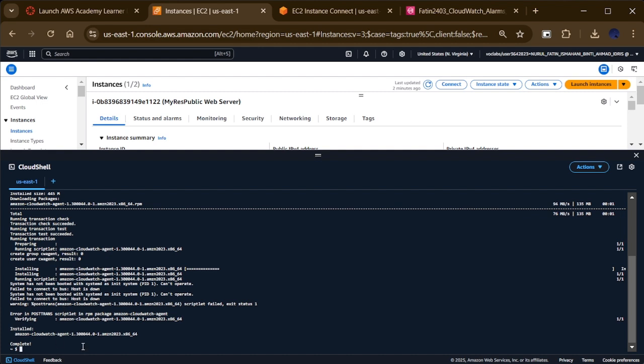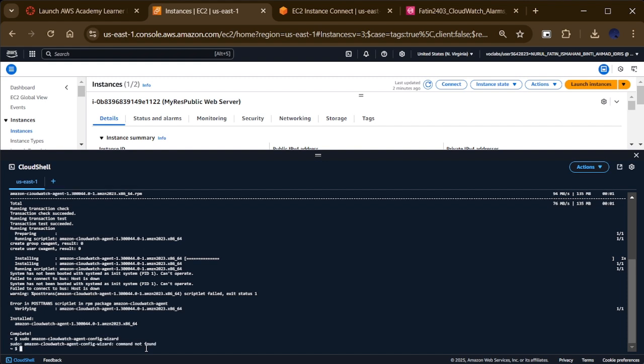And as you can see in the caption, we successfully installed the Amazon CloudWatch agent. After that, we need to use sudo amazon-cloudwatch-agent-config-wizard to run the configuration wizard. This code is for us to configure the CloudWatch agent to monitor system logs. The command is not found because we need to write this code into the EC2 instance and not in Cloud Shell. So I just show you the code that you need to write when you want to configure the CloudWatch agent